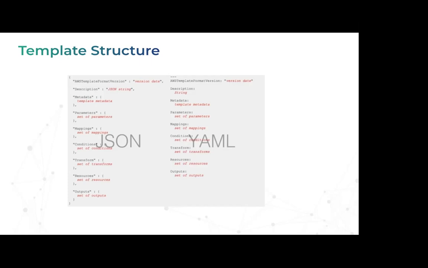Metadata is again the metadata about different resources, like the parameters of it. If you have a parameter, what type it is, string or integer, right? So that's what you define. As we learned in the previous slides also, parameters are very important. This is a part of that customization. If you want to reuse your template again and again across different regions, different environments, then parameters are the go-to thing. Mapping is very important.